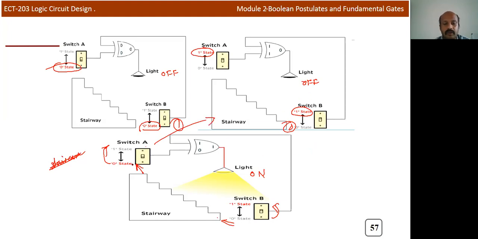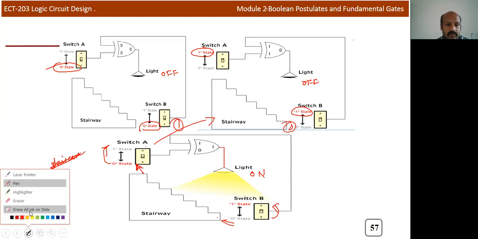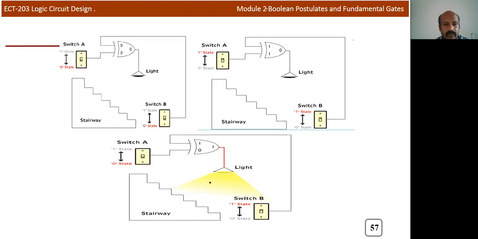And when you move in the downward direction, first you will make this switch in the on state. So light will be in the on condition, and when it reaches the lower level, initially it is in the 0 state, or you can change this to another state. Maybe if it is in high state, you can put it into low, so light will be off.